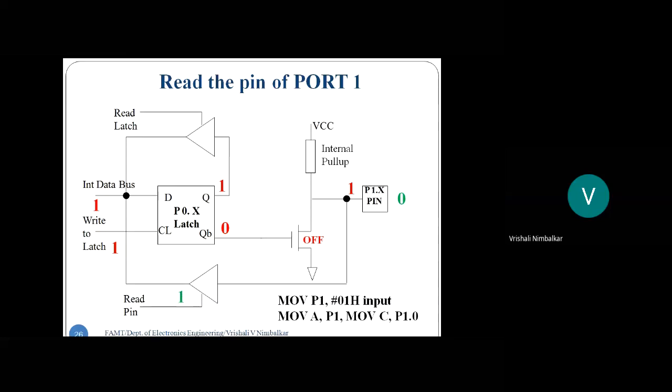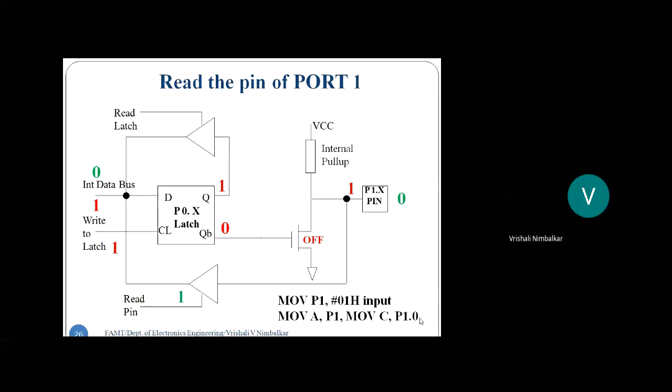So see the green color, lower buffer. This is the read pin control signal. This enables the lower buffer. Buffer is what? Whatever is at the input, it transmits at the output. That's the job of the buffer, as well as increasing the signal capacity. So once the buffer is enabled, this logic 0 gets transmitted through this path, through this lower buffer, and comes to the internal data bus. So on that data bus, I will have logic 0. And then the microcontroller will copy this in the carry flag to execute MOV C, P1.0.